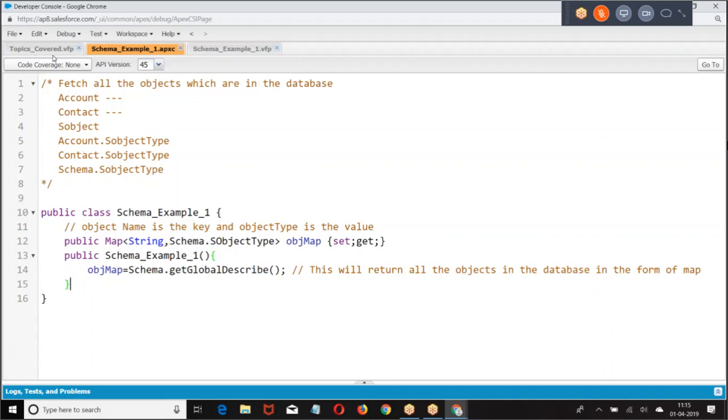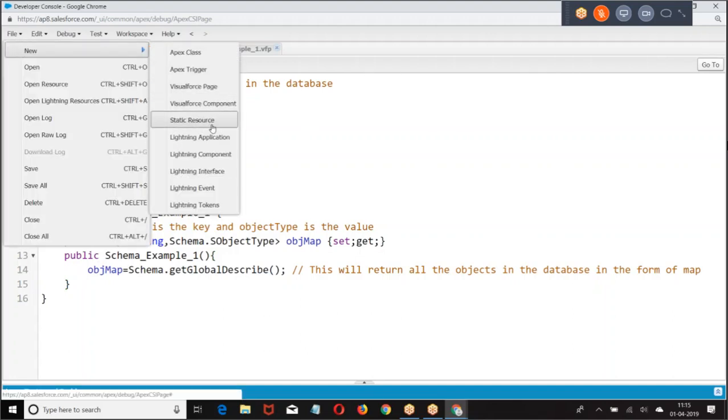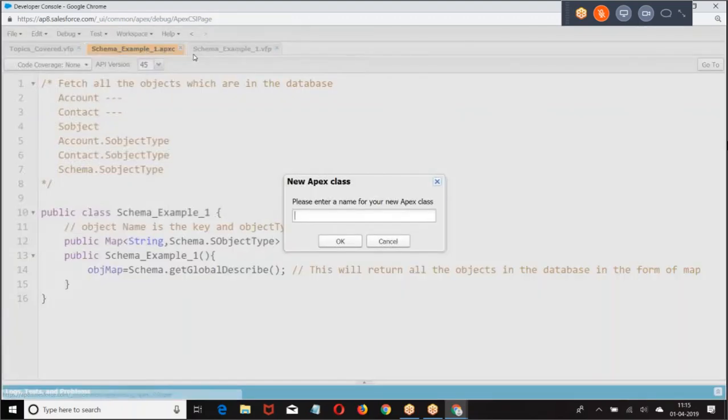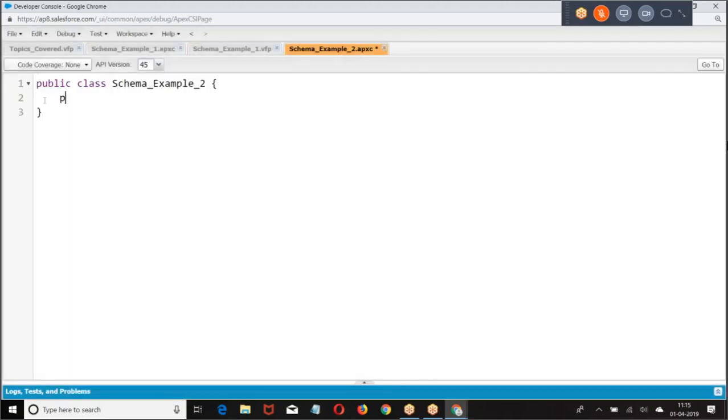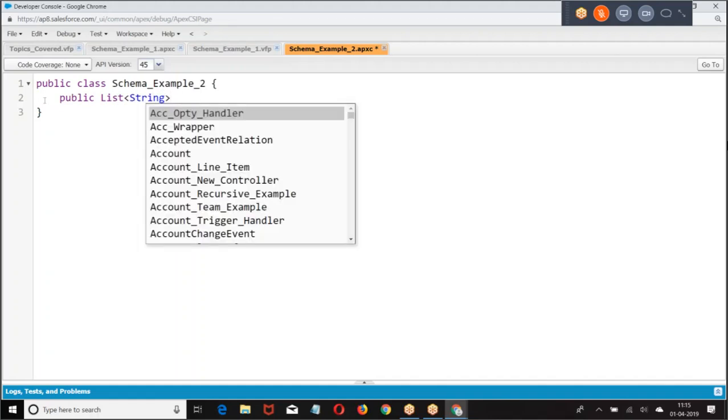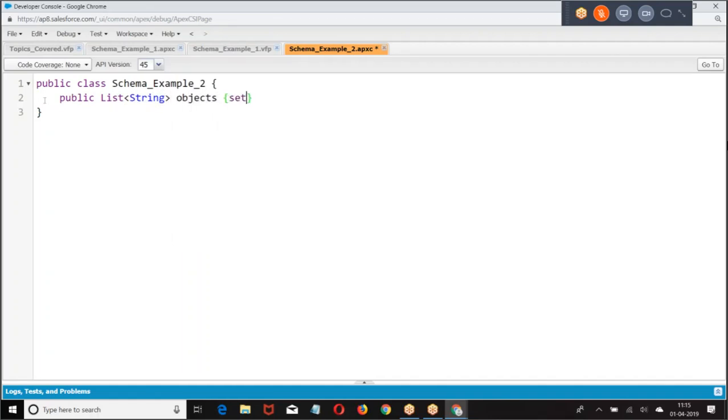So look at the point. What I want to do is get only custom objects.